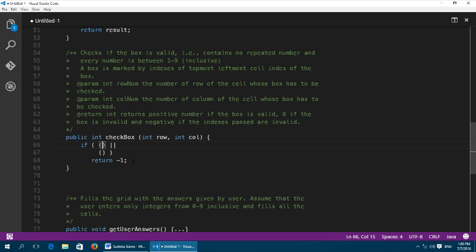Now when is our row invalid? Our row is invalid when our row is not equal to 0, or the row is not equal to 3, or the row is not equal to 6. If one of these is true, then the whole thing will become true, since true or anything is true, this whole if condition will execute and it will return -1. And we have to do the same for column also. Oops, spelling mistake. You have to do the same for columns also,